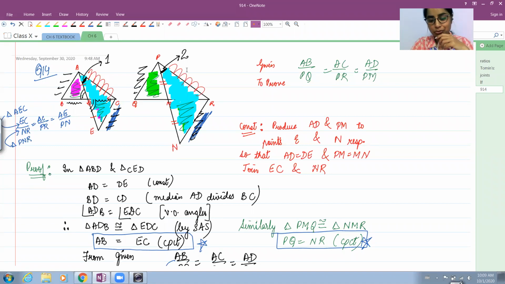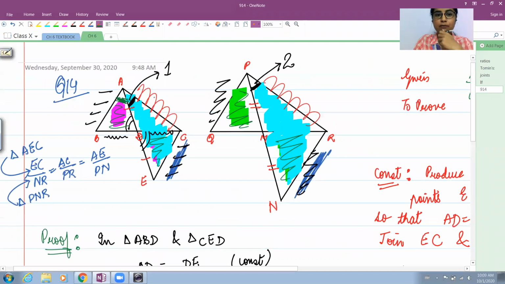Does that thing make sense to you? Yes, ma'am. Now, what if I had done this construction on the left side? Here I have done the construction on the right side. The blue triangles are on the right side. If I had done the construction on the opposite side, I would have been able to prove the other part, this angle over here. Let me zoom in a little. Right now I have proved angle 1 equals angle 2. If I had done this construction on the left side, I would have proved angle number 3 equals angle number 4.